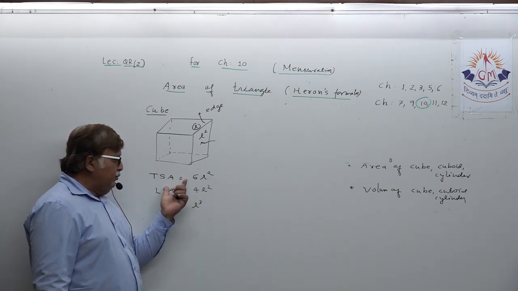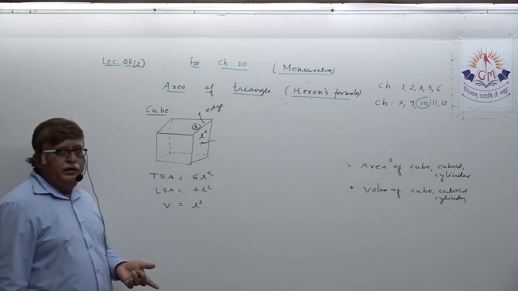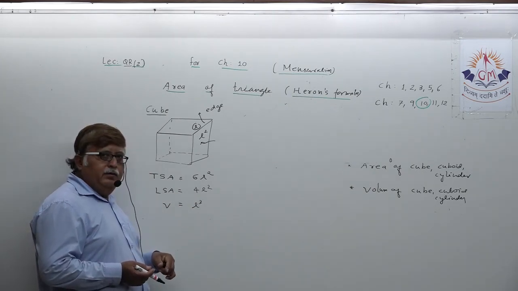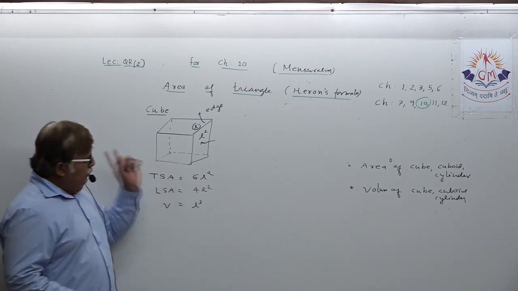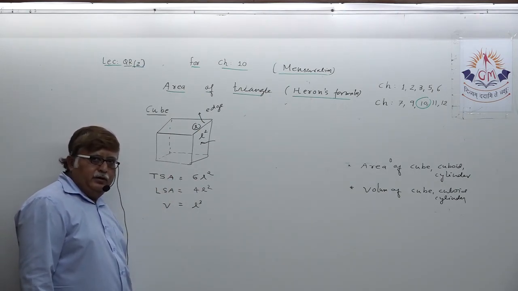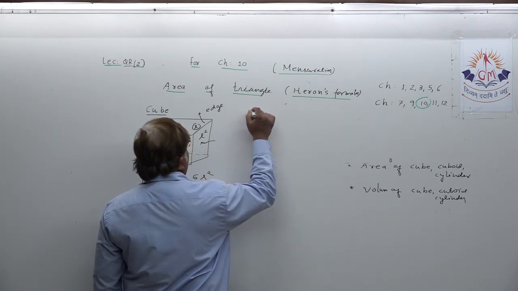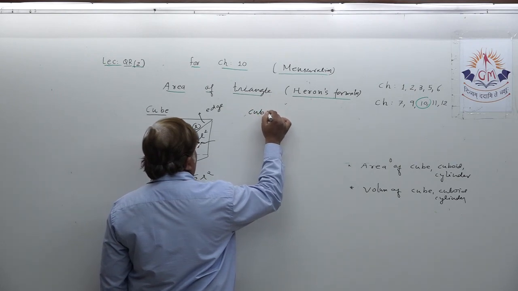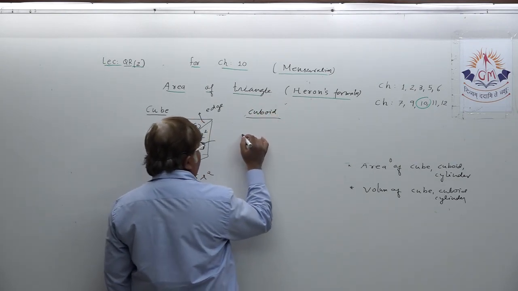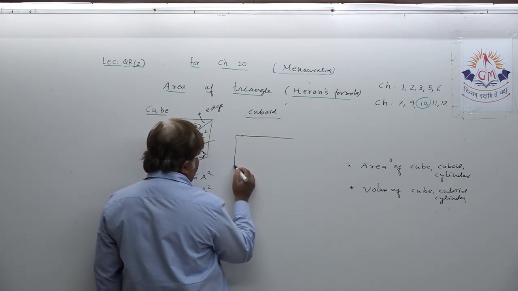Now if you have knowledge about the formula, dear student, for any example asked to you, suppose you are asked to find total surface area, you can find. You are asked to find lateral surface area, you can find. You are asked to find volume, you can find. You should have the knowledge about this. Calculation is a different part. Understand? Suppose cuboid. You should this way remember and draw the diagram, that is going to help you. Suppose cuboid.